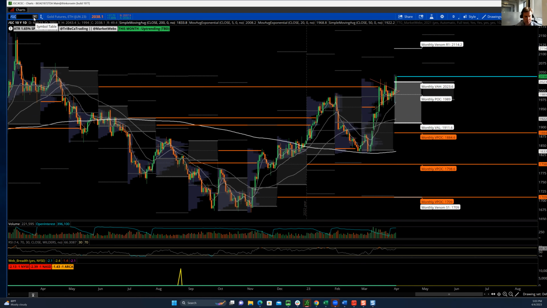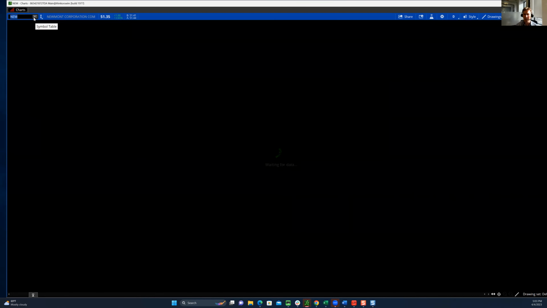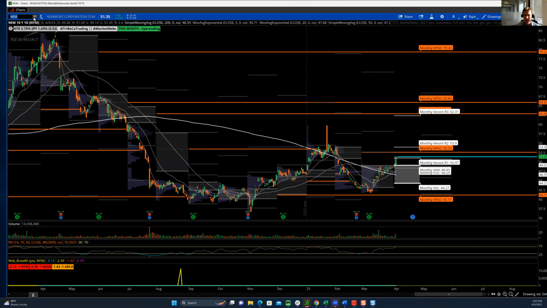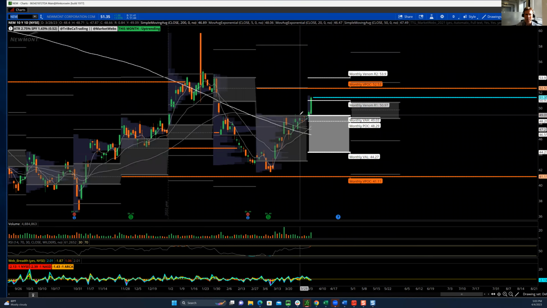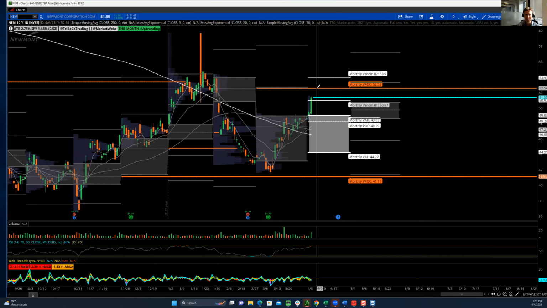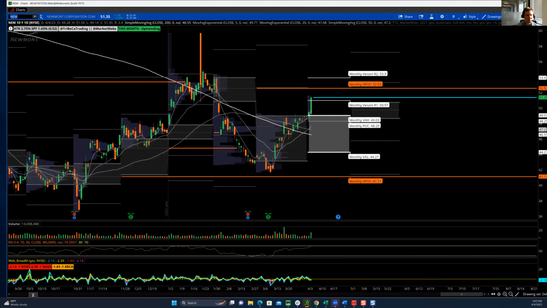And very interesting, I put on Newmont yesterday. This was a stock that I was watching for a while. It kept on butting up against the March top of value, but just didn't have the oomph to break higher. It did that today. I'm ultimately for now targeting 5250, which is a little bit further up, but a lot of call buying, good volume in this one.